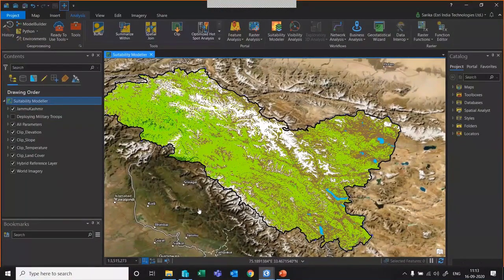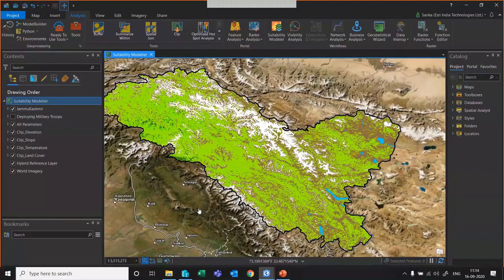As we know, in recent times, or maybe from the past, India and China, and India and Pakistan, and their military troops face each other due to various reasons. Sometimes we have wars, sometimes we have fights. So we need to make sure that our military troops are placed at proper locations. They must understand all the spatial parameters such as the elevation, the slope, and the temperature. We need to identify the proper locations to deploy the military troops.